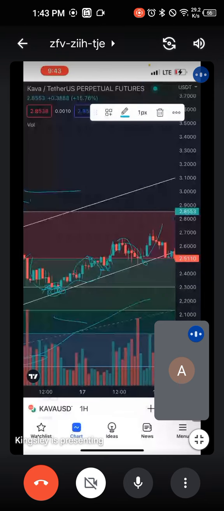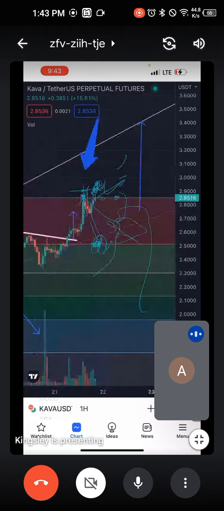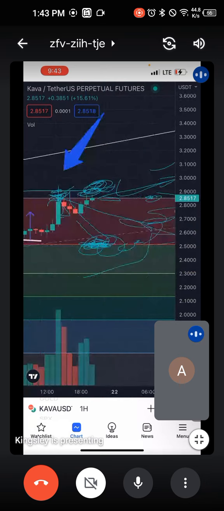So these are Fib levels. They are used to find support and resistance lines. You can use it in almost any asset, in BTC, any coin. You can use it to find your support and resistance line. Look at what's happening. You see the last candle here, where we are.